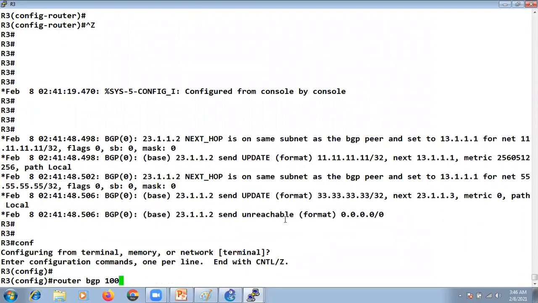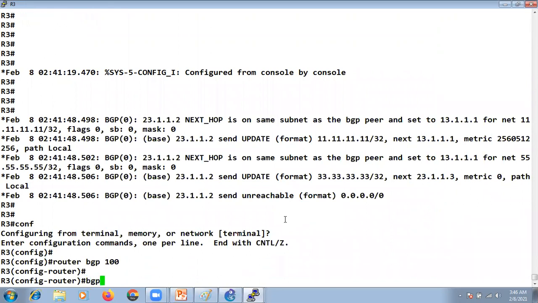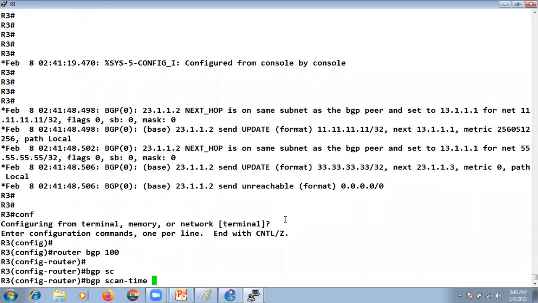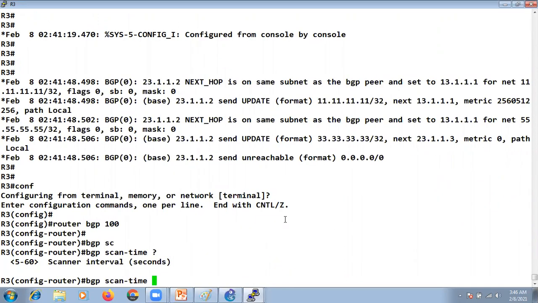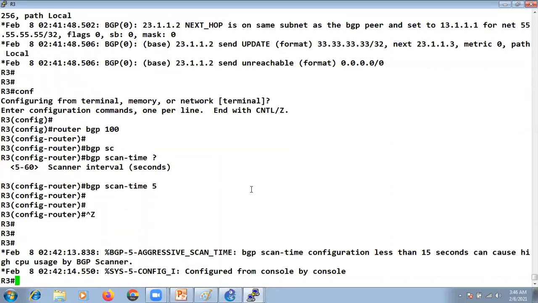I can show you this also. We can also change this scan time. So if you are doing any changes and you want your router to send the update quickly, you can set the scan time. The minimum you can set is 5 seconds. Okay, so you can see now.